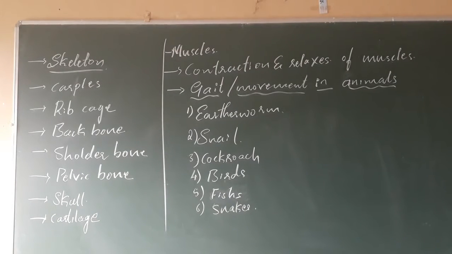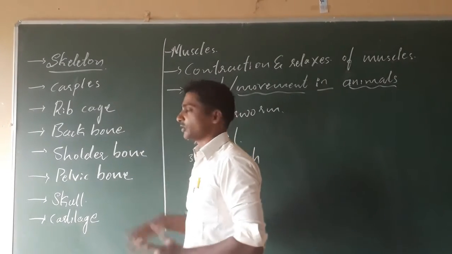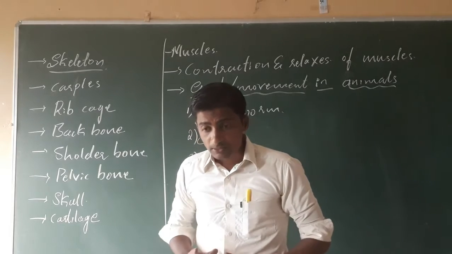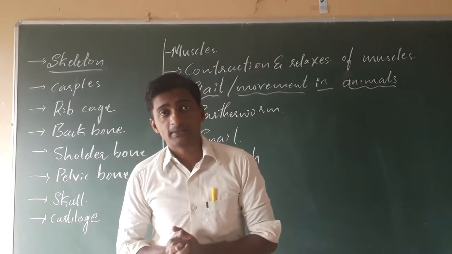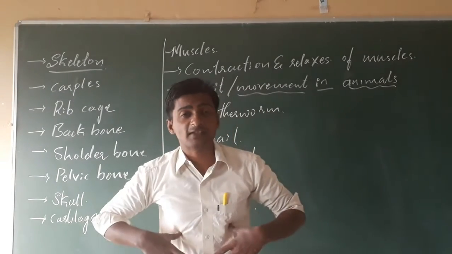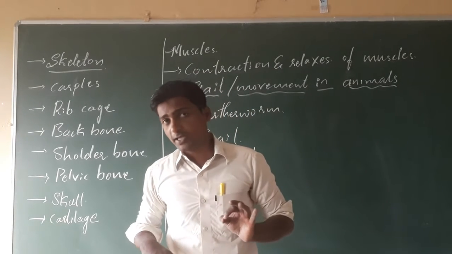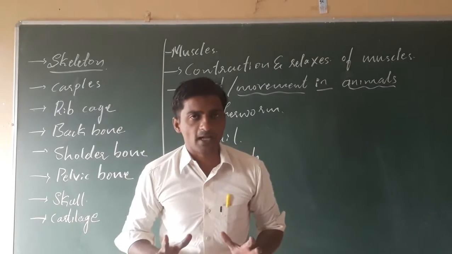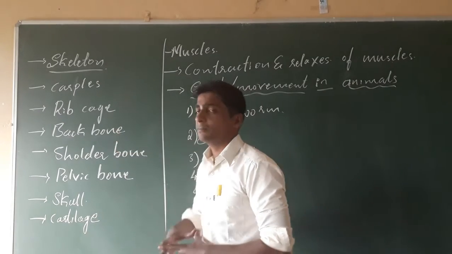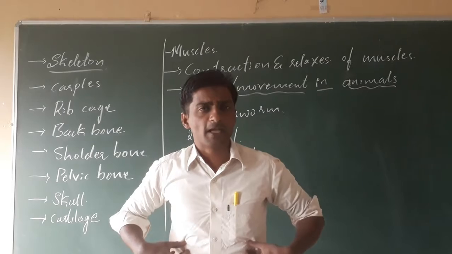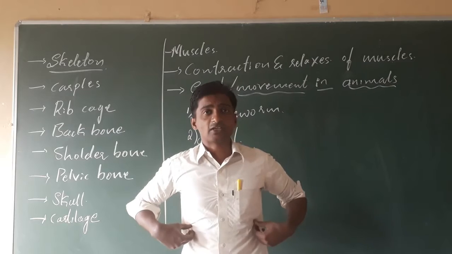Next, dear students, the next bony part is called the rib cage. This is a very protective part of the body, which protects the soft, spongy parts, that is the lungs and heart. The rib cage is a bony framework which protects the lungs and heart. It is connected to the backbone. The number of pairs of rings, semicircular rings, are there.